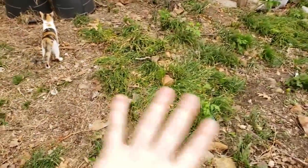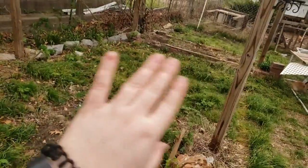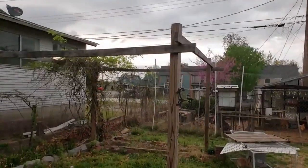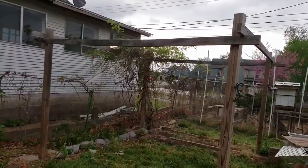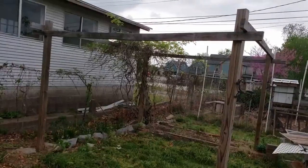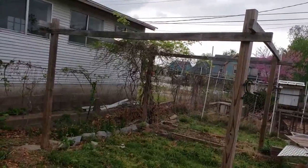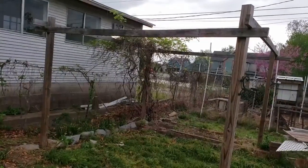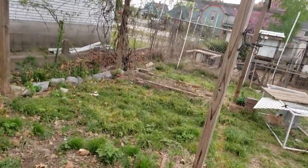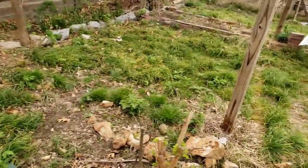But this whole bed right here just isn't going to be here anymore, and that whole bed right there isn't going to be there anymore. And we have grand ambitions to save up the money to get some wood to actually finish the pergola. It's been like 4 to 6 years, I don't know, it's been a minute, but we were like, we need to go ahead and just finish the pergola because this needs done. And this will give us a nice little shady spot to sit. But you can see